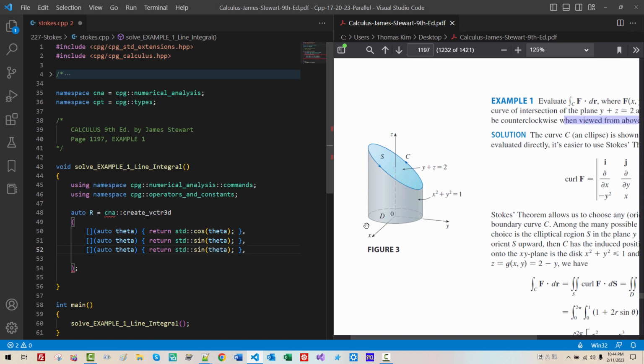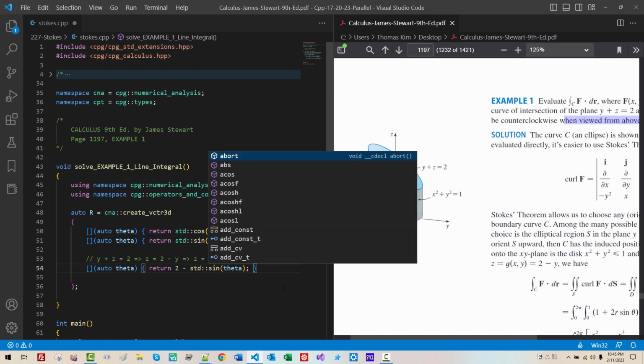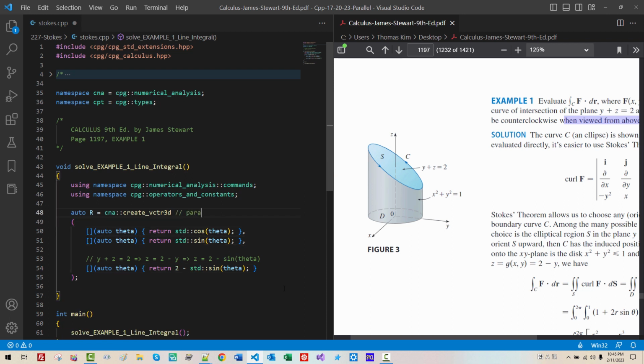Copy, paste. Now the height of this curve is represented by y plus z equals 2. Remove the trailing comma. y plus z equals 2. From this, z equals 2 minus y. From this, z equals 2 minus sine theta. So copy this, paste it here, std sine theta. These are the parameterized curve C